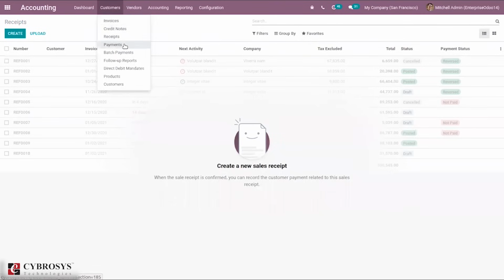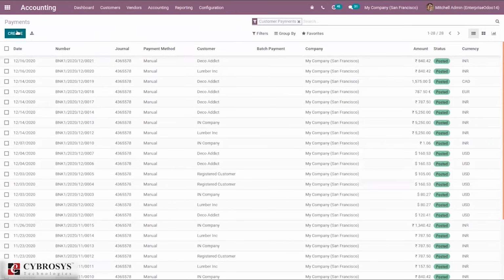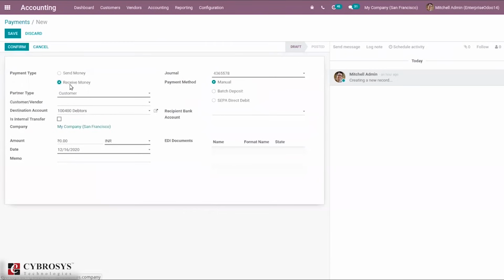Then here we have our payments. So you can manage and create customer payments. So if you click create, you can see a page to mention the payment type, whether to receive money or whether to send money. So when you click send money, you can see that the payment method is removed from here.